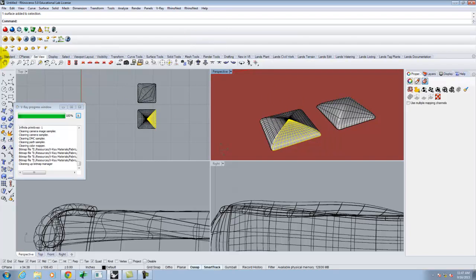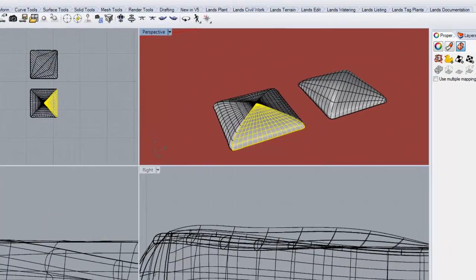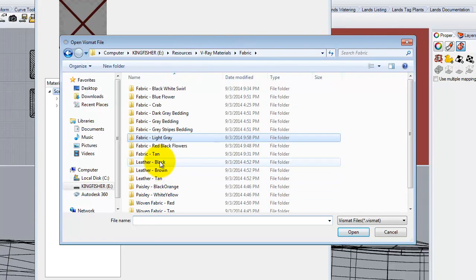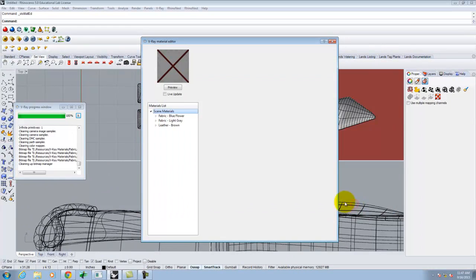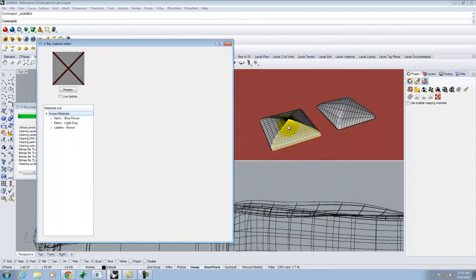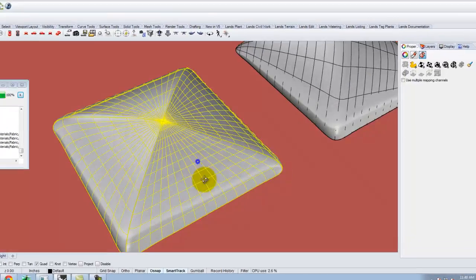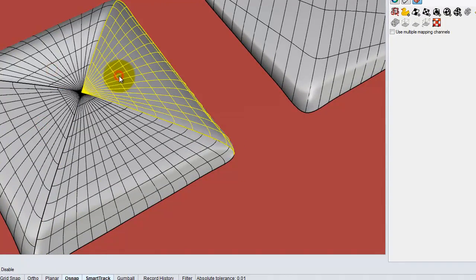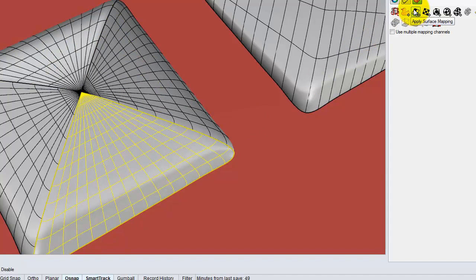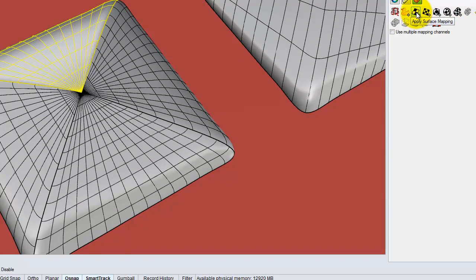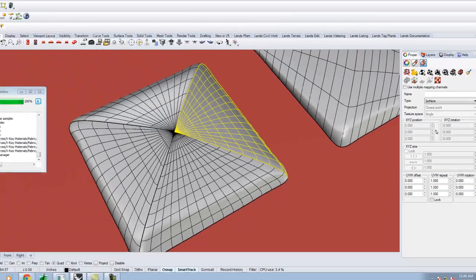Okay? So let's go ahead and load some materials in. Let me go to my material editor here, and let me load a brown leather, and let me apply it to all 4 of these. Load material. All right, and if we looked at this, I would want to texture map each of these separately. So I'll take this and I'll do a surface mapping. I'll do this, and I'll do a surface mapping. This, the surface mapping, and this with the surface mapping. And now, when we render it,